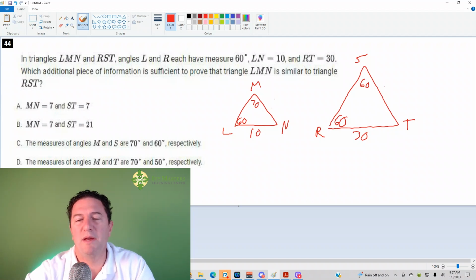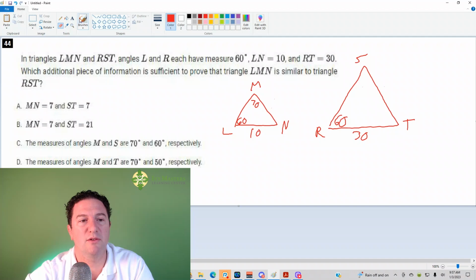Why? Because in triangles that are similar, they have the same corresponding angle measures. So it would have to be 60, 60, 60, both of them, or they'd both have to be 60, 70, 50. So I'm going to erase this over here,